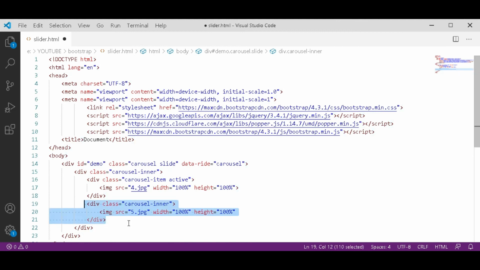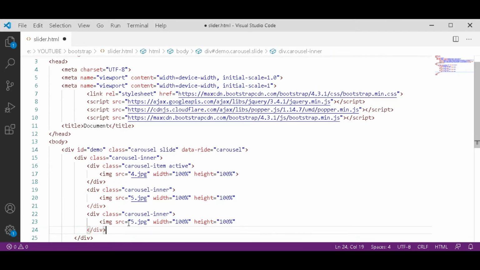I am doing copy paste one more time to add the last image.